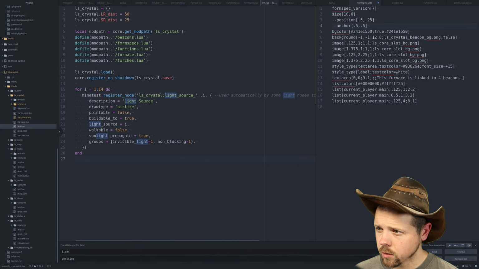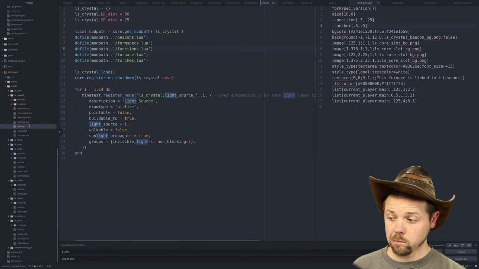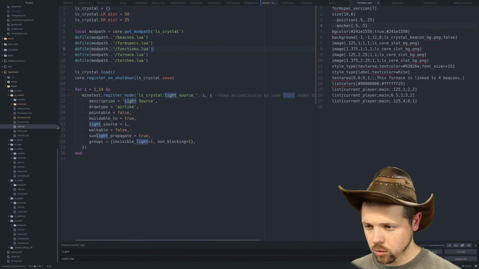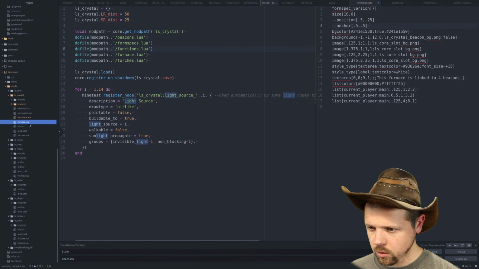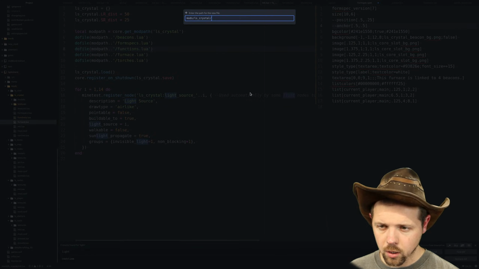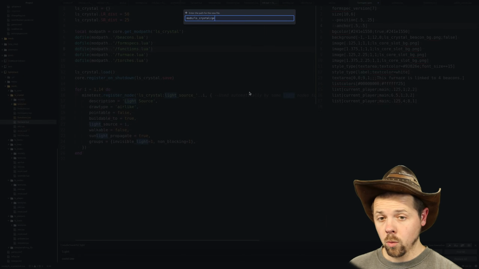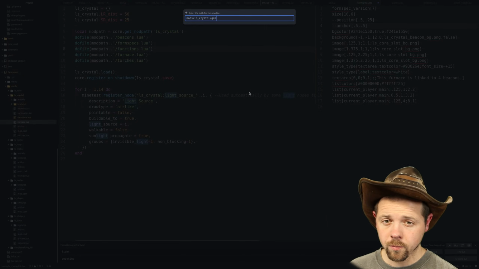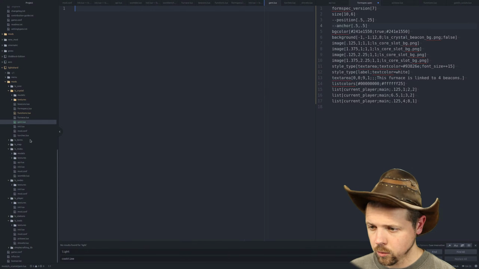I have a feeling that I never... Yeah, there's this crystal gem. I don't think I ever actually wrote any code for that, which is awkward. So let's go ahead and do that. Like I said, this is going to kind of be all over the place because I'm running out of time, you know? Let's call it gem.lua